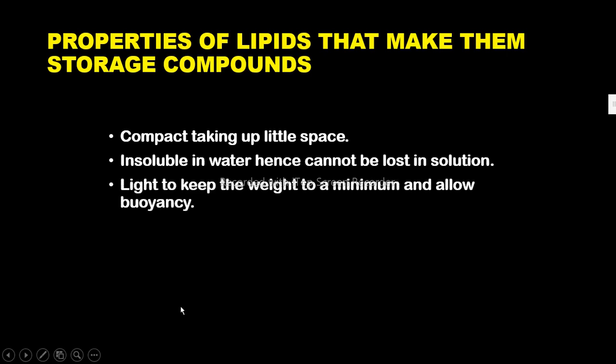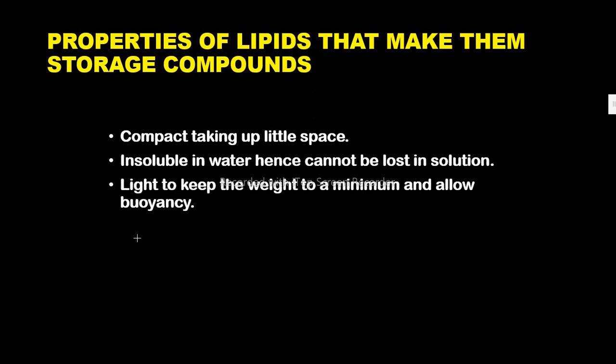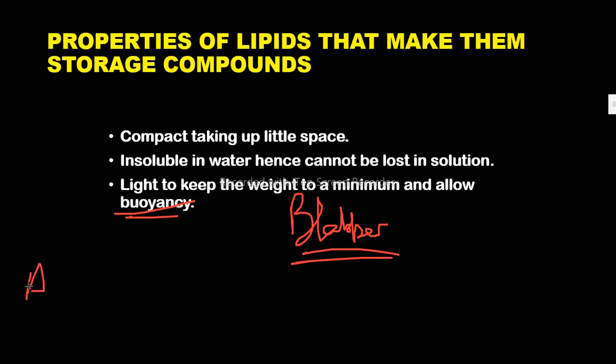Then they are light, hence keeping organisms light, especially those which require buoyancy. You know, the blubber, is it double B? I think it is something of this kind. Blubber. So now these aquatic organisms, instead of storing starch, instead of storing carbohydrates